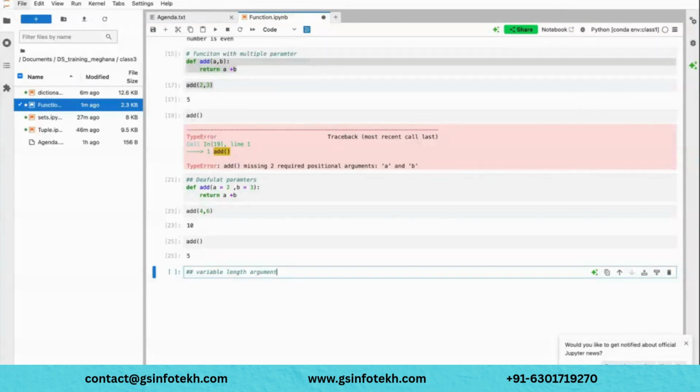What are variable length arguments? Sometimes you don't know how many parameters you will pass. You will get a situation where you don't know, right? Either you will pass two parameters or three parameters, you don't know. So in those cases, you will have a concept called variable length arguments. In that, you need to understand two things: